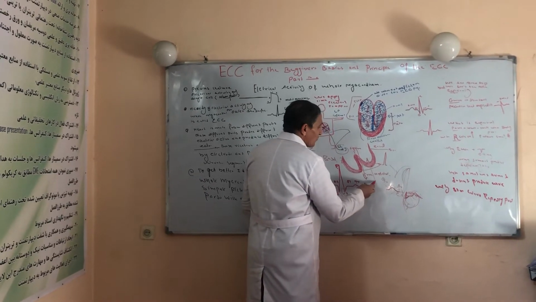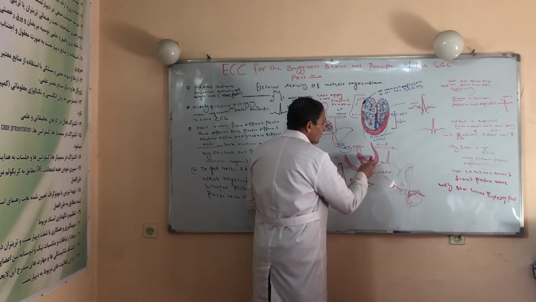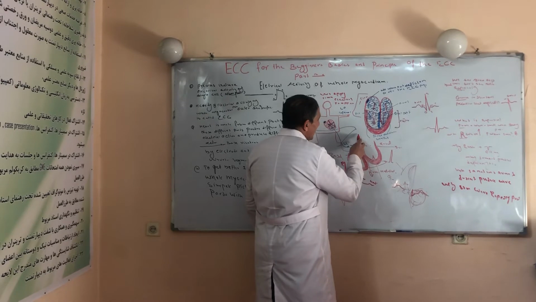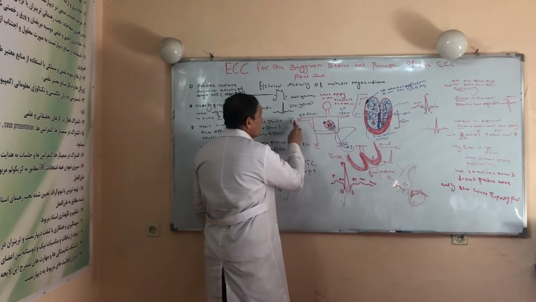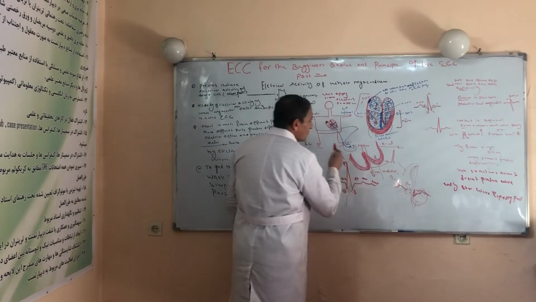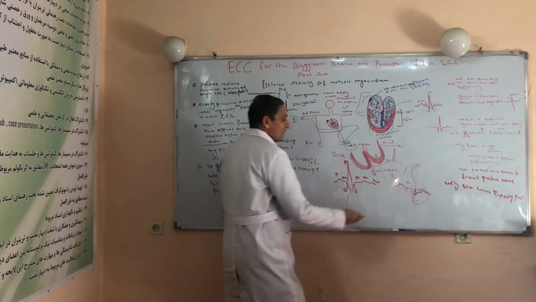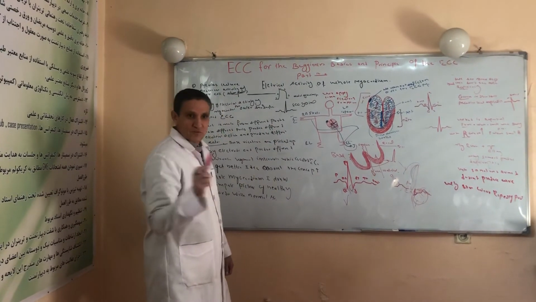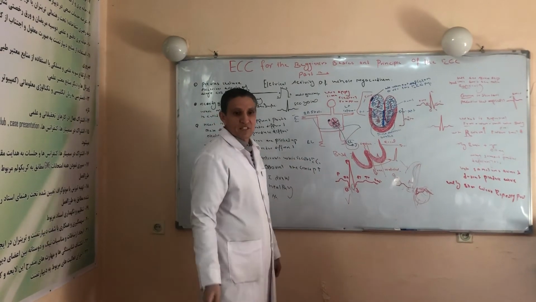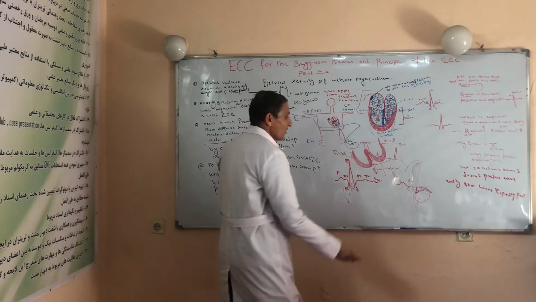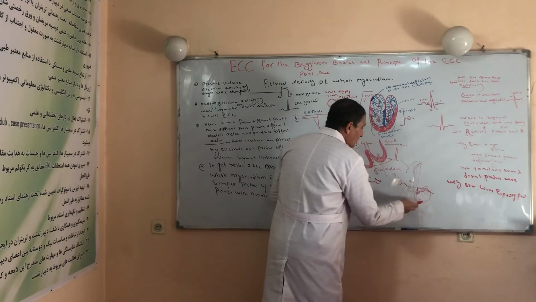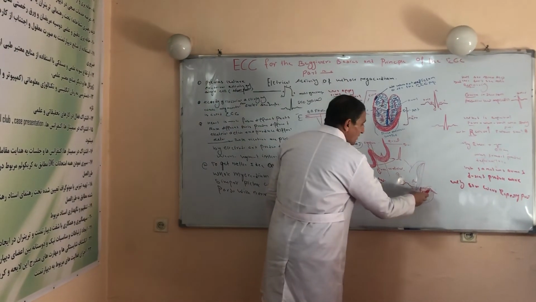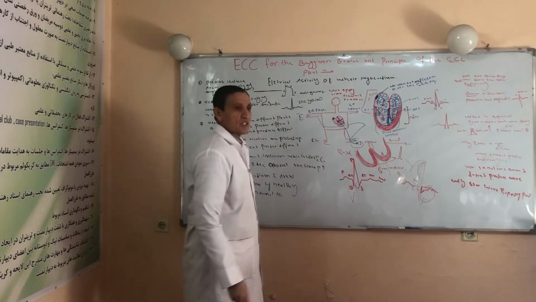This negative vector moves from down to up. You have a negative electrode, and this negative vector moves toward the negative electrode, so the deflection in the needle would be positive. Because when a positive charge moves toward the positive electrode, the deflection is positive. Right now, this negative vector moves toward the negative electrode, the deflection in the needle is positive. By this mechanism, the U wave is produced.